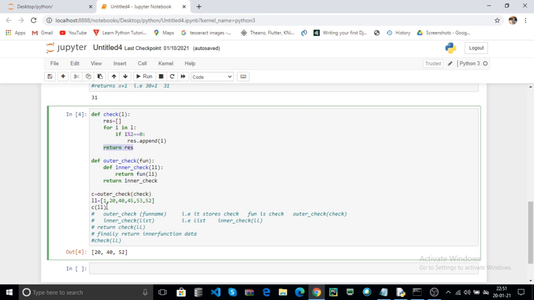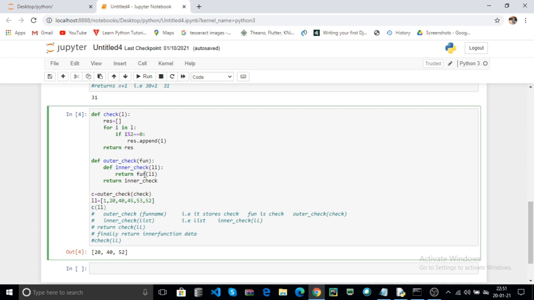Here c of ll is passed through the inner function. After that the inner function returns the check of ll. The check of ll is printing something and returns res. The returned data will be stored into c, and finally call c of ll.